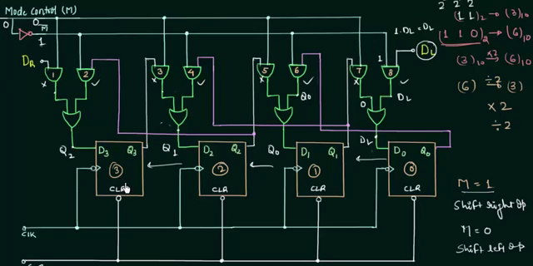So this is how we achieve the shift left operation, and you very well know that in a D flip-flop we just store the data. When the input D is equal to 1, the next state is equal to 1, and if the input D is equal to 0, the next state is equal to 0. So whatever the input here, it is stored in the flip-flop, and thus the data that we are entering will get stored in the first flip-flop and then the next, and in the same way it will shift to the left when M is equal to 0, and it will shift to the right when M is equal to 1. So this is how the bidirectional shift register works,